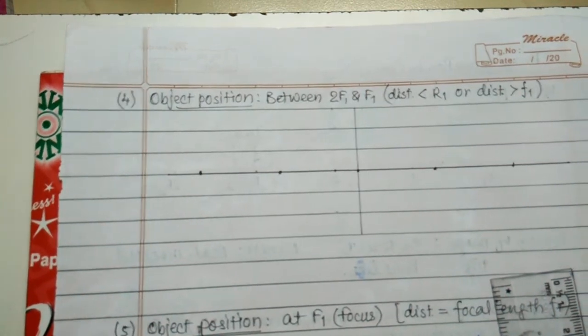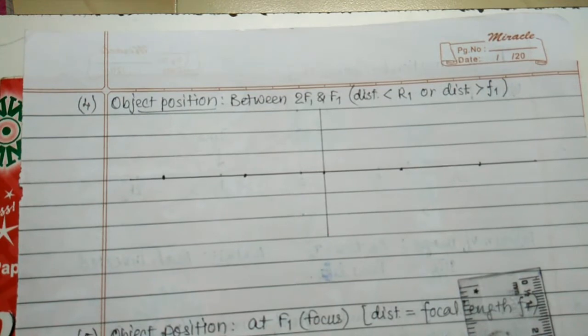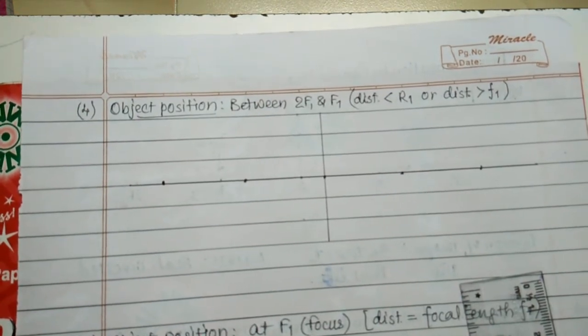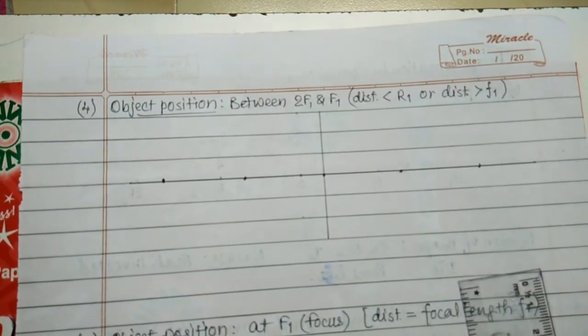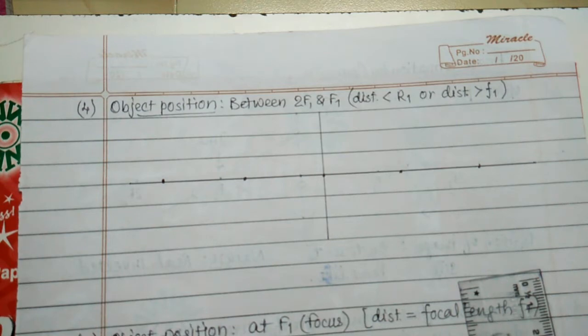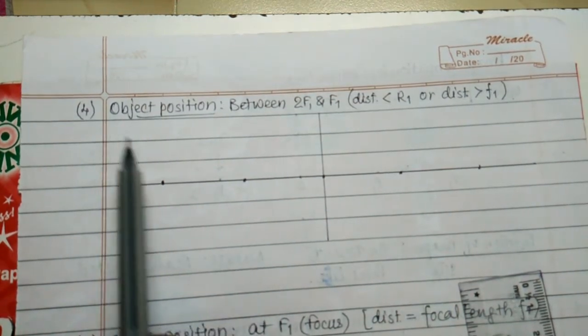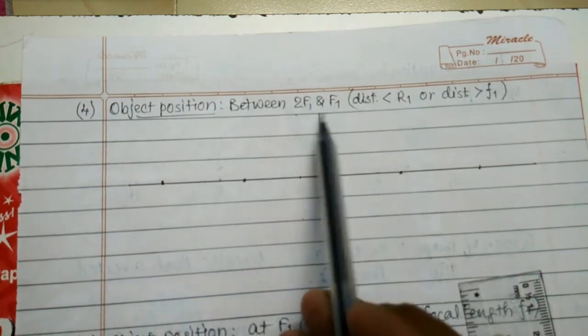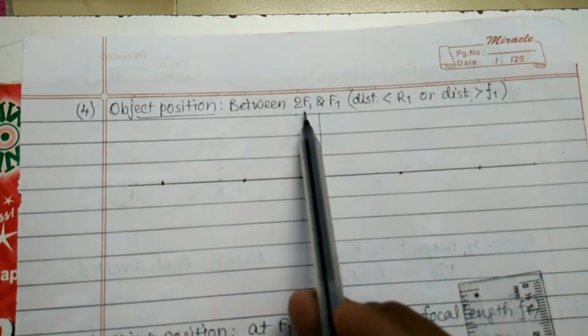Students, now we turn to the fourth diagram of image obtained by a convex lens. So here, in the fourth diagram, the object position is between 2f1 and f1,